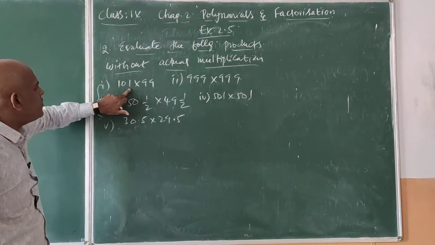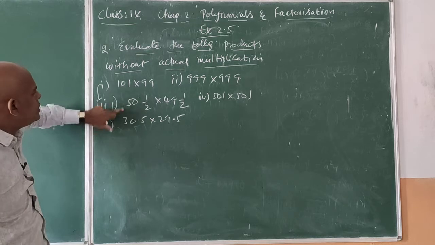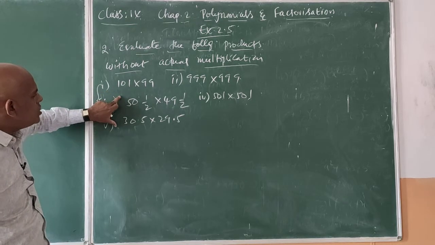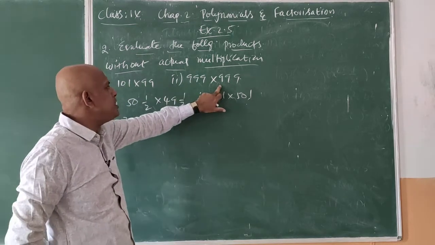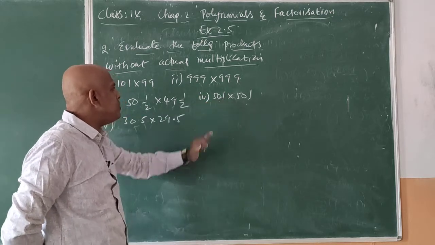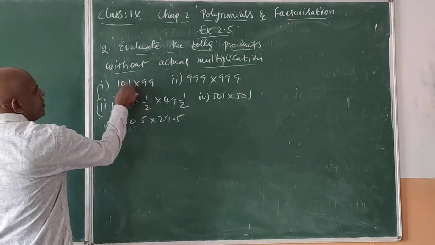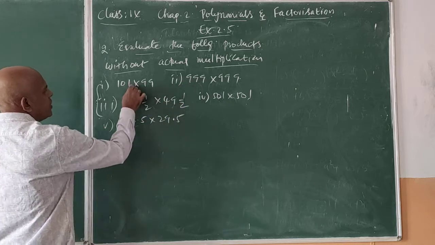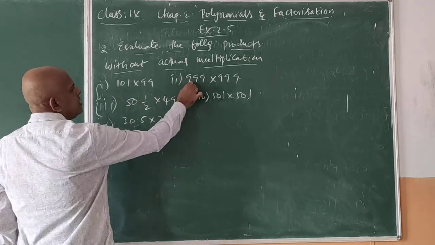For the first one, take it as homework; these are similar to the first one here. These two problems' answers are a plus b whole square, a minus b whole square, and a plus b whole square. So now, instead of the first one, I will go for the second one. First, third, and fifth are similar problems. First I will start with the second one.